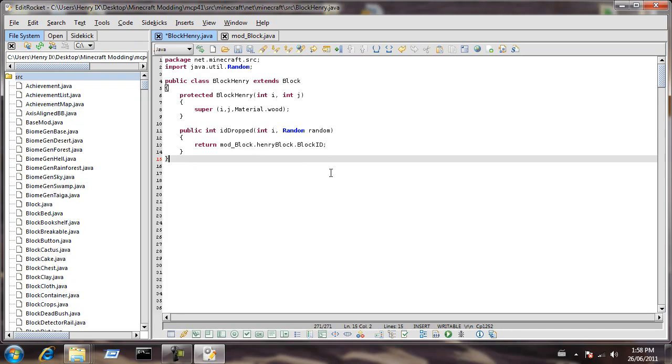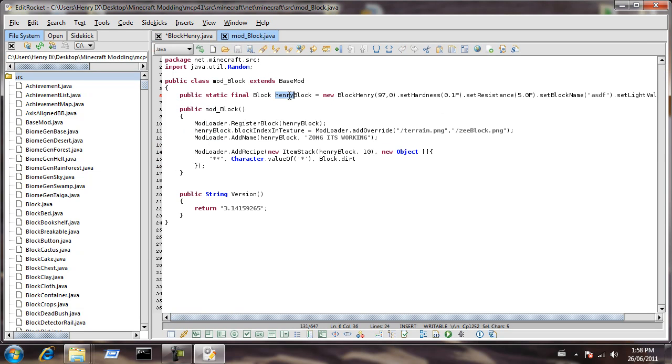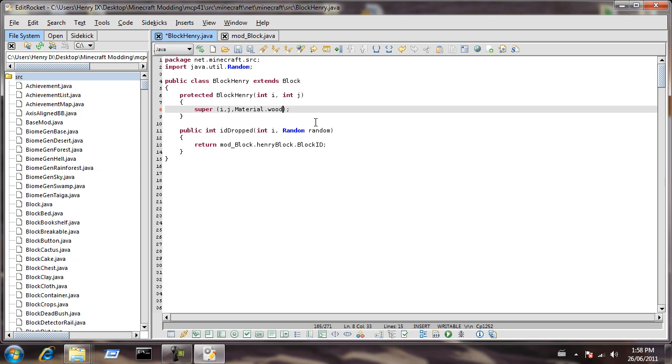mod_block.henryblock.block ID. So basically this returns mod_block, so you can go in here, and then it says .henryblock, which is this block, and then that block's block ID. So basically when we break one of these ores, we'll get the Henry block back, which is the ore itself. The other thing I'm going to do is here I'm going to change it from material.wood, and